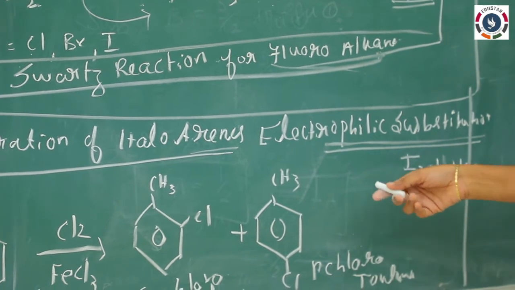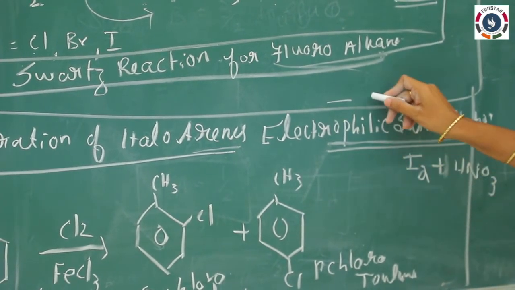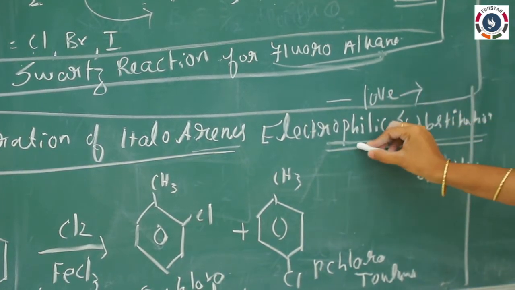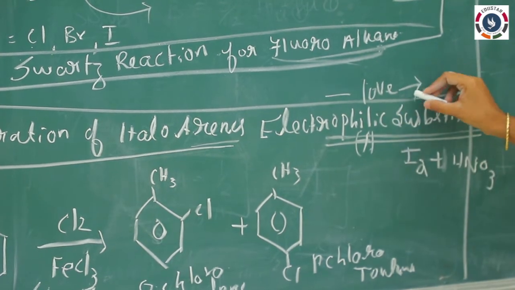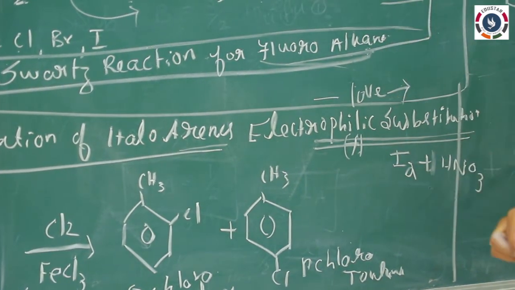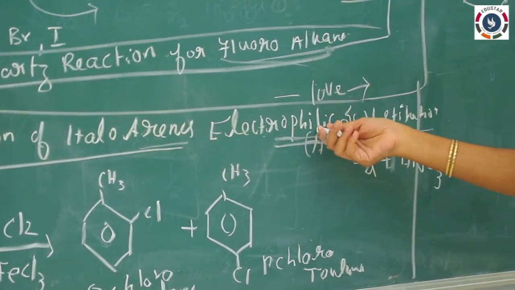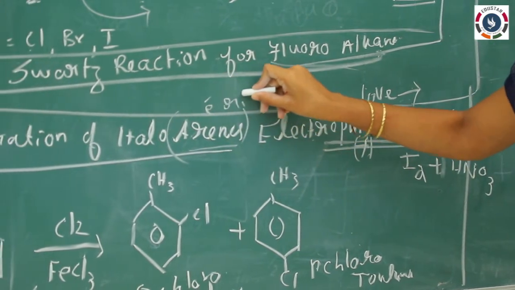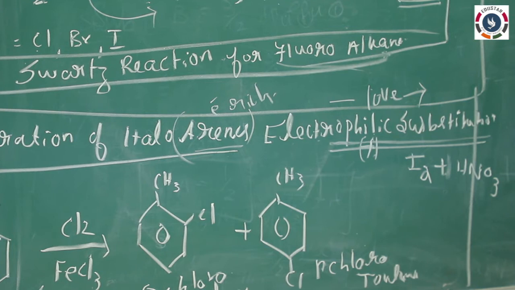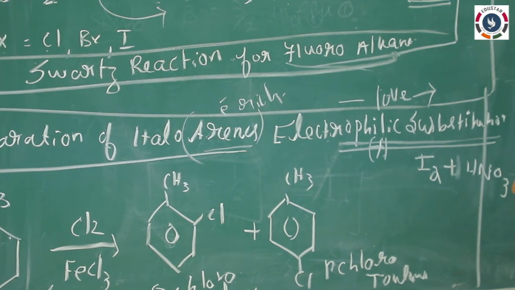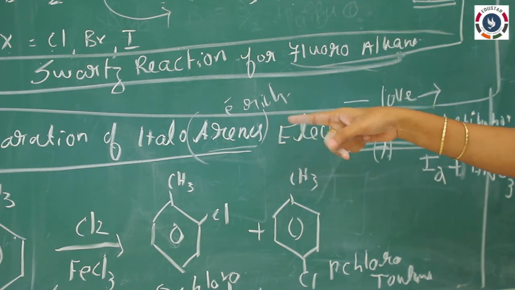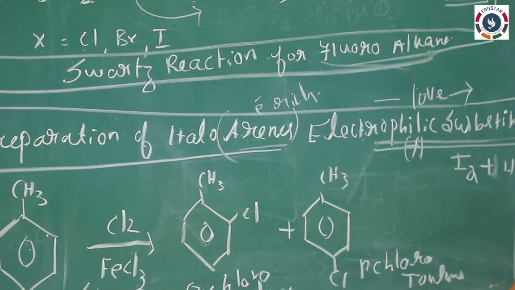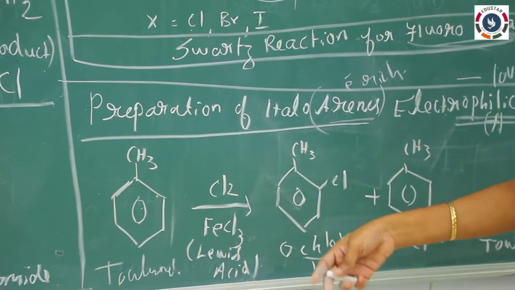What is an electrophile? Electron means negative, phile means loving. So negative loving, what will be the negative loving? Actually it is the positively charged one and it is going to be added to some negative group. So electron loving means, here consider all the arenes are electron rich. Because the arenes have alternating double bonds and single bonds, these are electron rich, and in this electron rich ring we are going to substitute some other halogen into it by adding chlorine and FeCl3.